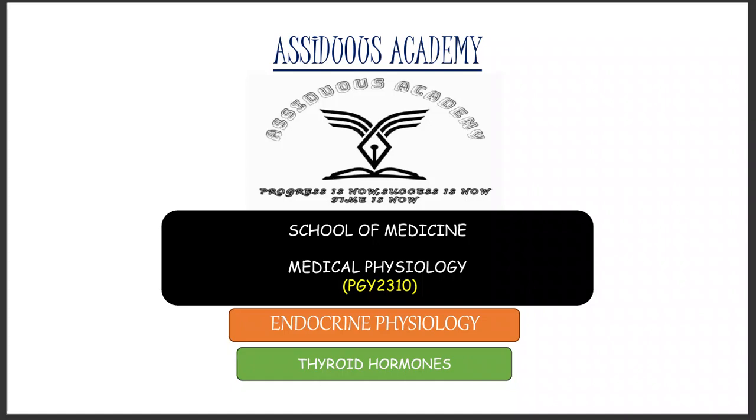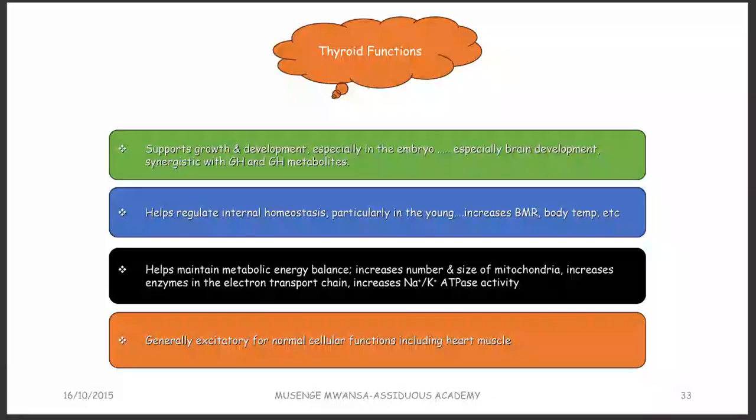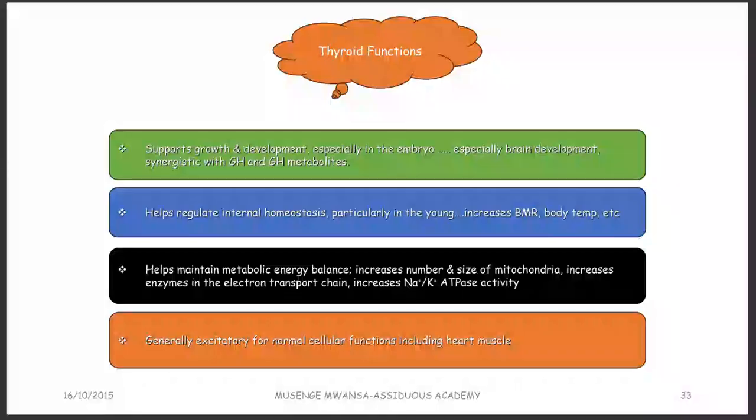So let's now continue with the thyroid hormone. The first thing is, maybe let's understand. The thyroid hormone is produced by the thyroid gland. What is the function of this hormone? It's a very important hormone, thyroid. It is involved in growth and development of the embryo, especially the development of the brain, okay, together with growth